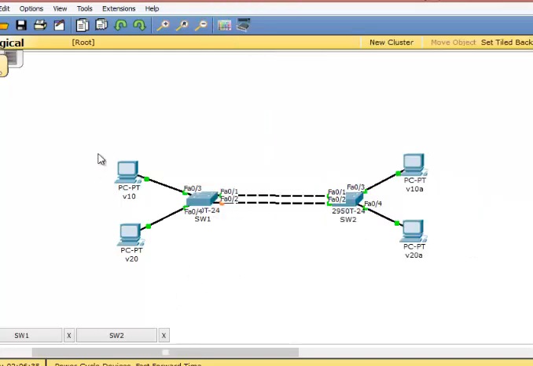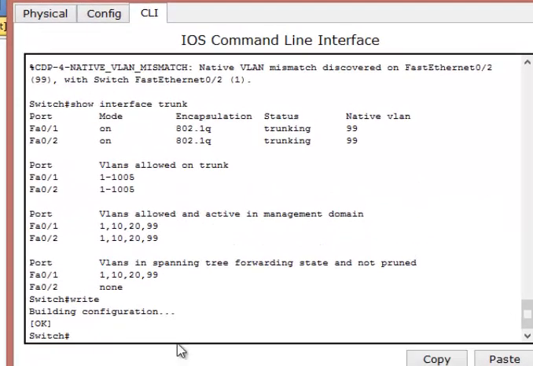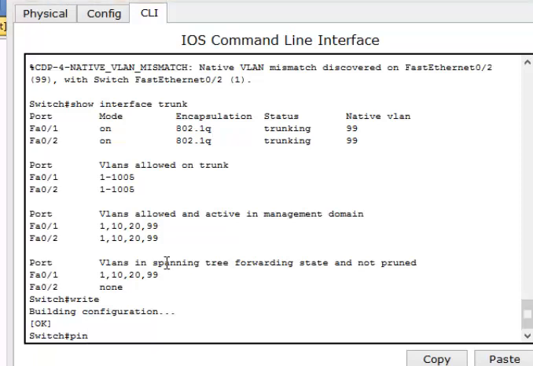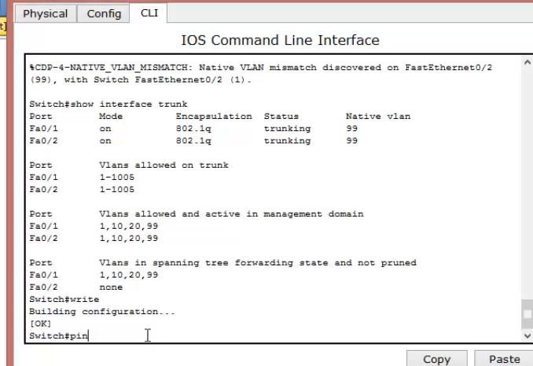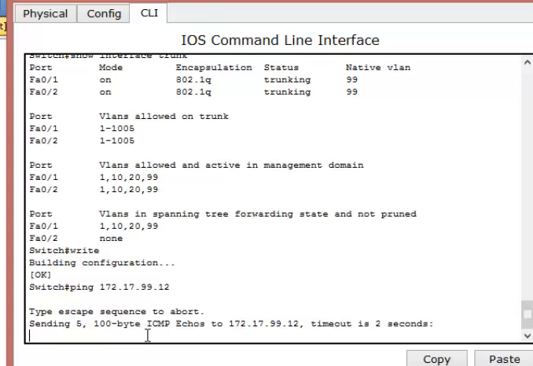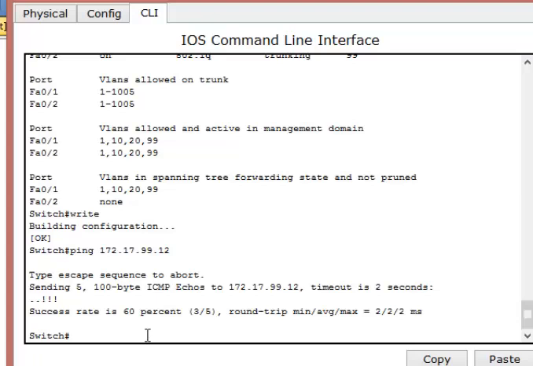Before we ping each PC, we'll ping each switch to check that the switches communicate. Ping the IP address of the other switch, 172.17.99.12.